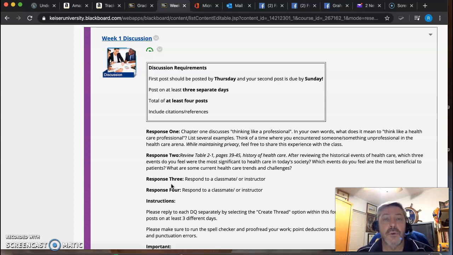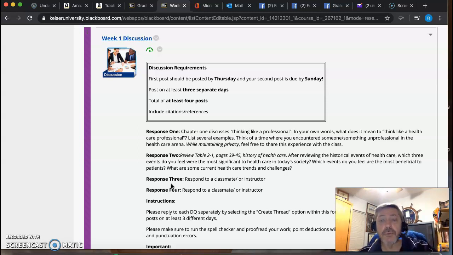So do your reading, and for those of you who do not have your textbook, I've included the PDF files in the announcement section. There is no reason you cannot get started on week 1 assignments. So if you tell me you didn't have the textbook on Sunday, and you couldn't complete the assignments, I'm going to say no, I don't accept that, because I provided you with the PDF files. So make sure you're looking at those.